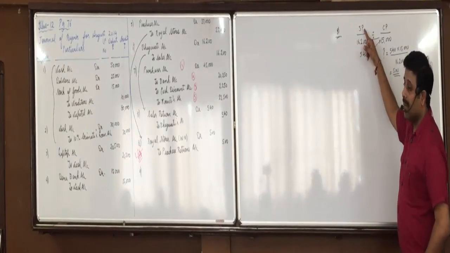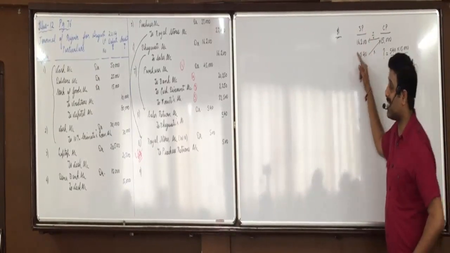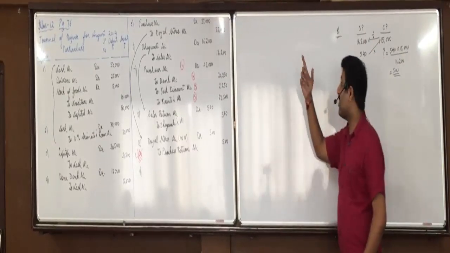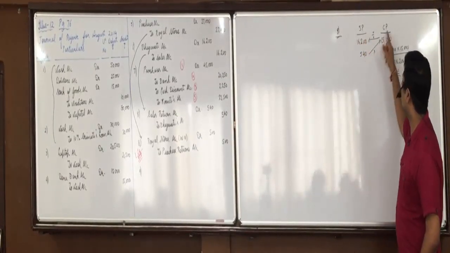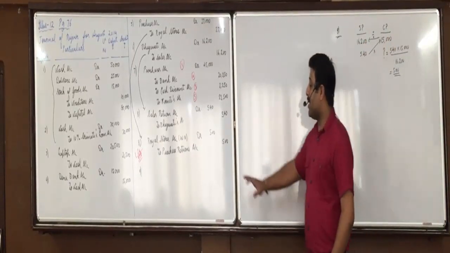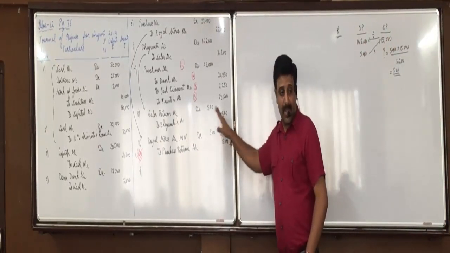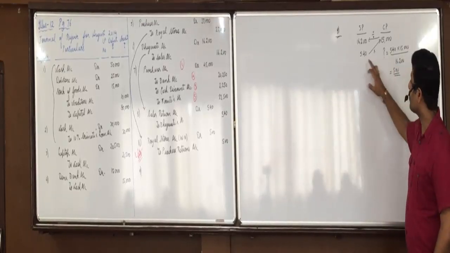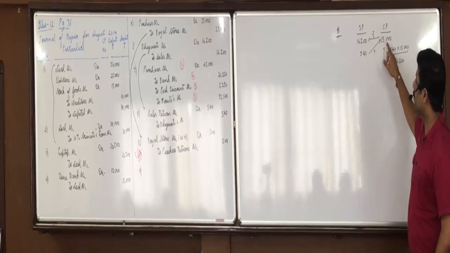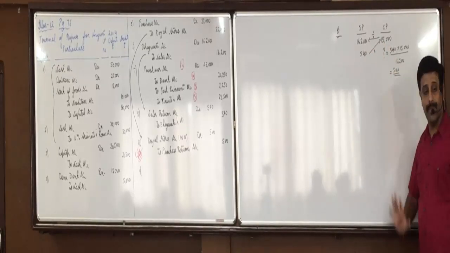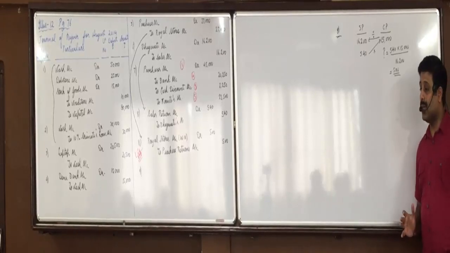First of all, when we sold goods to Bhagwati for 16,200, its cost price was 15,000. Selling price 16,200, cost price 15,000. Bhagwati returns goods of 540, which includes the profit. So when selling price is 540, what will be its cost? 540 into 15,000 divided by 16,200, that is 500. Which we can cross check.